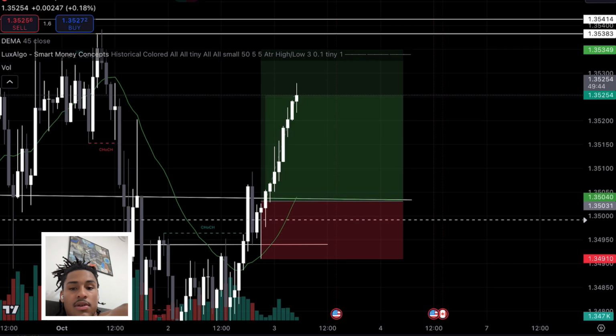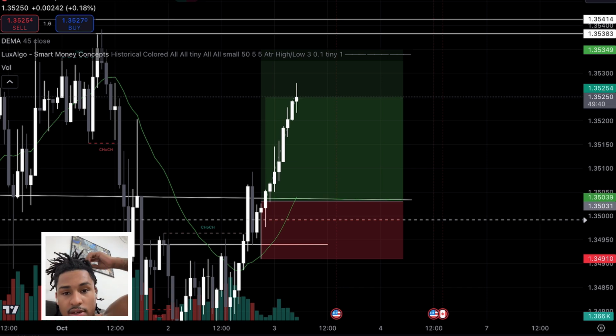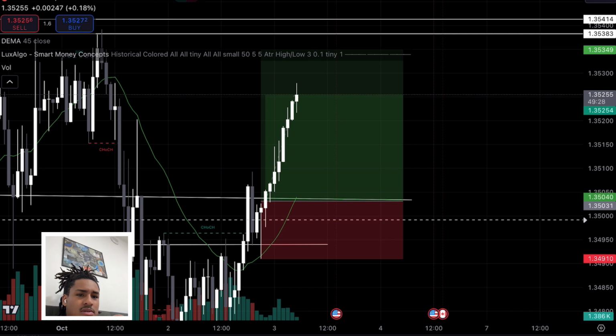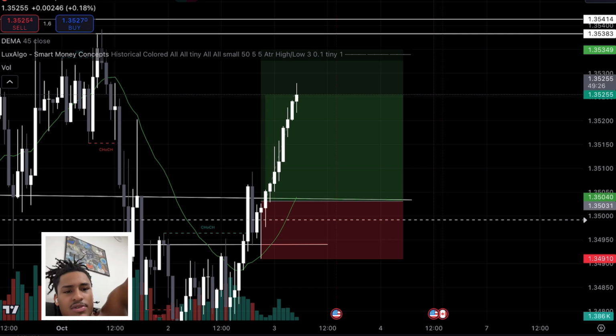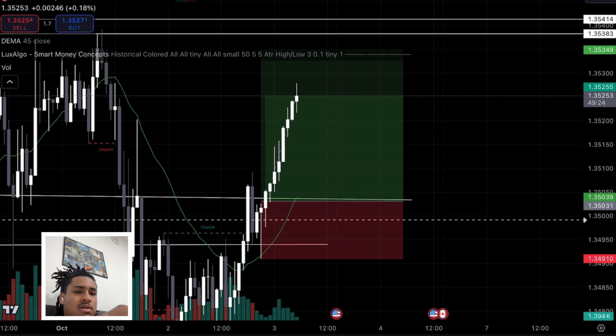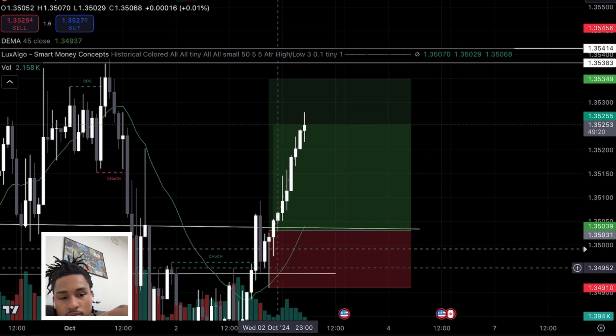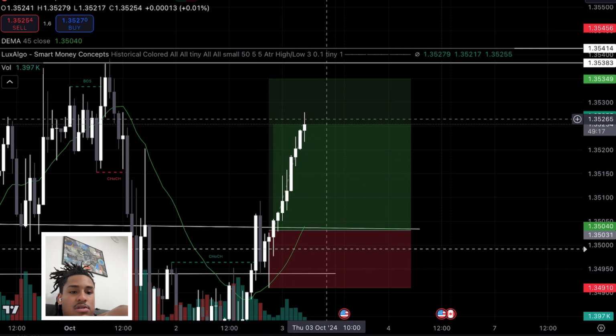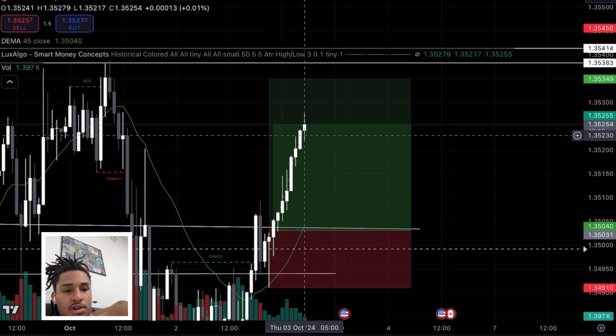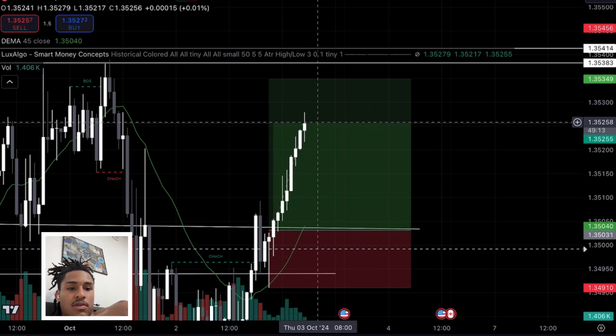Currently 1 p.m. I'm usually asleep at this time, and I usually don't trade at this time, but this trade was already pretty much lined up. So I was like, I'm just going to stay in it however long. It took pretty long because I don't trade this late, so I don't like to sleep on my trade. So I'm probably going to stay up until this is done. But yeah, pretty much played out exactly like I told you. I waited for the sweep, and then now we're just running it all the way until either it hits TP